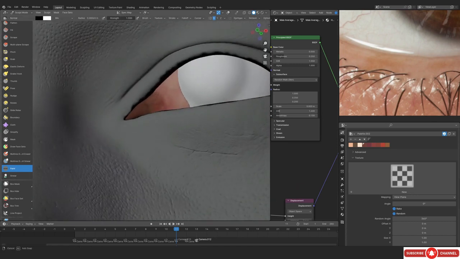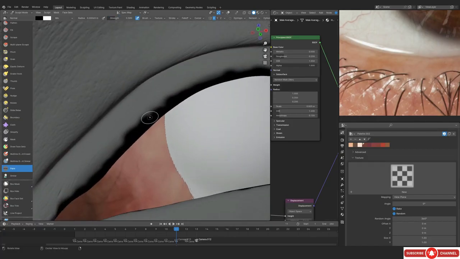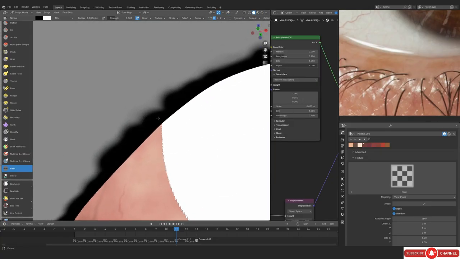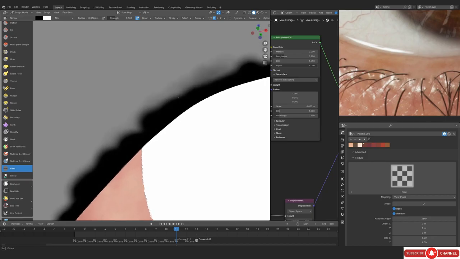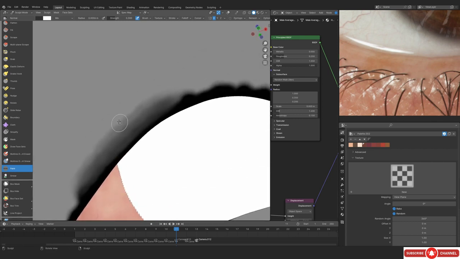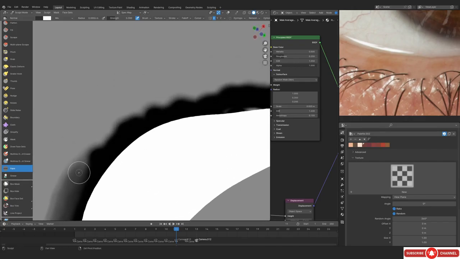All right, so this is how I've painted it, and now you can actually just start blending. If I were to decrease the strength, you can actually see how we can blend stuff now. So you decrease the strength and then you pick the neighboring color like this, and then you just start blending the colors. You just paint it out like this, pick up the neighboring color, paint it out like this, and it's going to be fine. It's not really that complicated to blend your colors. So I'm actually just going to do that on the whole eyelid.